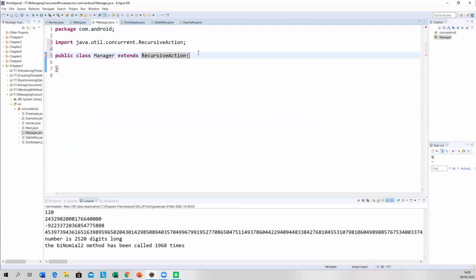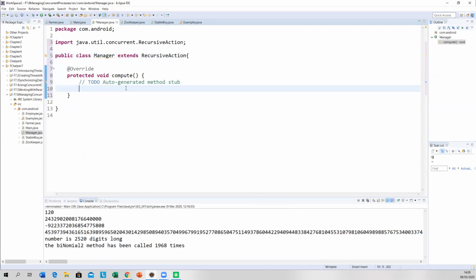Recursive action, it sounds like, I don't know, a really bad pop song. Okay, so add on implemented methods. There it is. Protected void compute. Okay, now it has to be protected. I don't know why. I presume there's some reason.